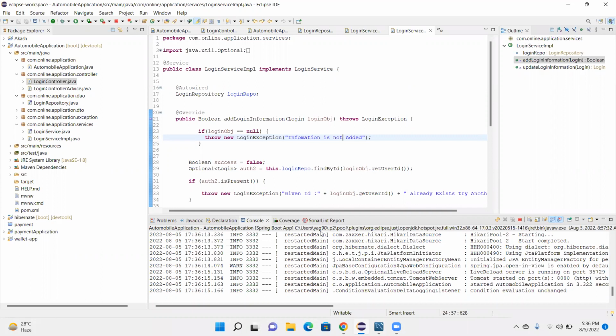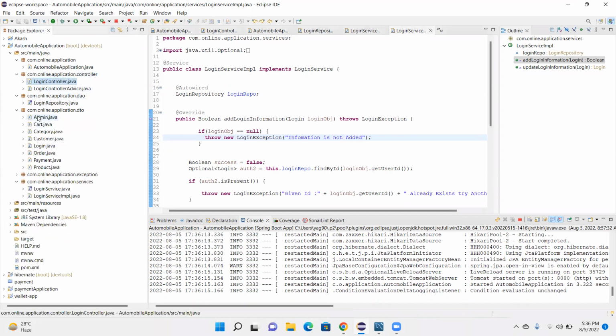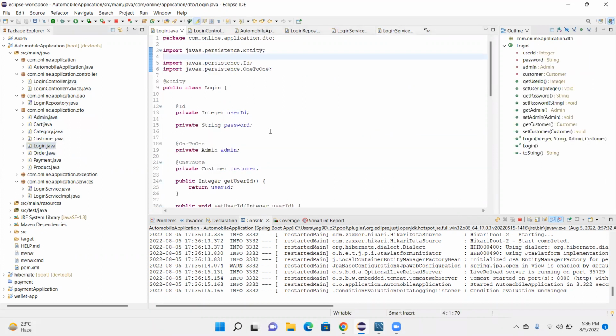No, no, I'm just trying to understand. Can you show me the entity class? What is there? See, when we discuss now, I might have understood differently. Okay, user ID is there, password is there. Yes, sir. So we are storing all the user IDs and passwords of all admins and all the customers in one single module, and we separated it from the different modules. So we can access the IDs and passwords from this one. In the sense you have a separate table for login, that's all, no? Yes, sir. Okay, okay.